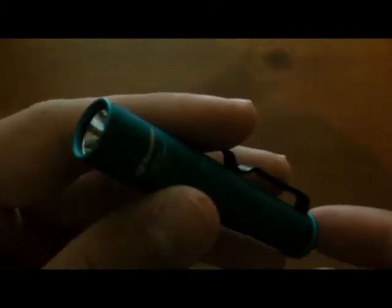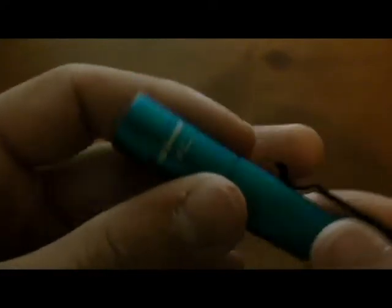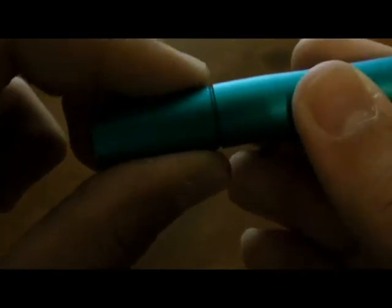So basically, you got a Cree XP-G S2 LED bulb in there. I'll start off at low because it starts there. On low, all you have to do to turn it on is twist the top cap. On low, you have 2 lumens of light shining. Then turn it off, twist it back, and then twist it back on to medium. That's 13 lumens. Then off and back on again on max, and that's